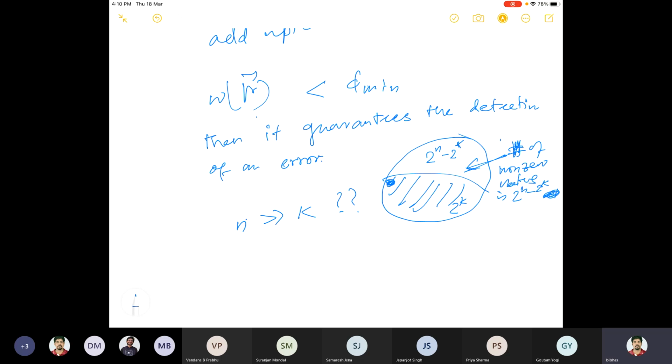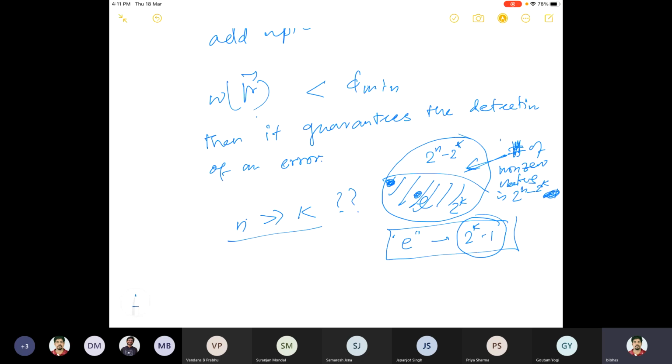See, there is this error, right? If the error here, this E can be such an error of type 2 to the power k minus 1. These are undetectable. And if n is very much bigger than k, then this is very, very small compared to this. So if I take n to be very large, larger than k, then there are only a few errors, which is 2 to the power k minus 1, which are undetectable. Others can be detected. So this is the advantage of taking n bigger than k.